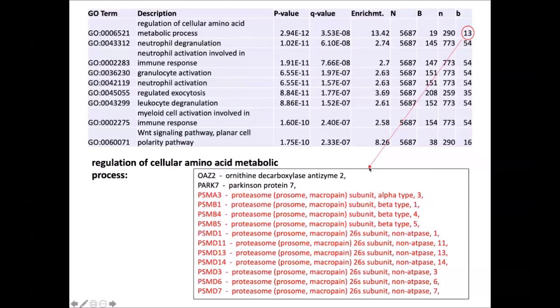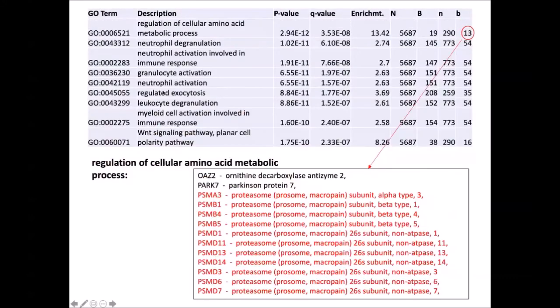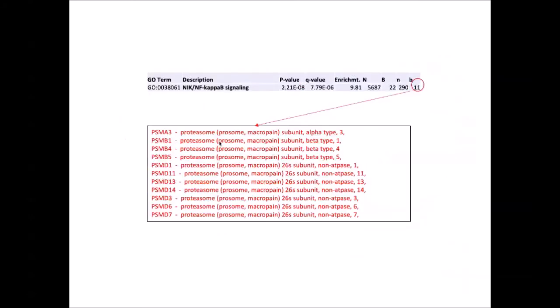gene set, there are some that don't make a whole lot of sense, and then there's a huge number of them that all have to do with the proteasome. The proteasome is of course the machinery that breaks down proteins in the cell. So if you take, let's say, Wnt signaling, which is one of these GO categories, some of them, but the majority are the same genes that have to do with the proteasome machinery. And here's another GO category, NF-kappa B, and all of the ones identified as belonging to this signaling pathway are actually the proteasome genes.